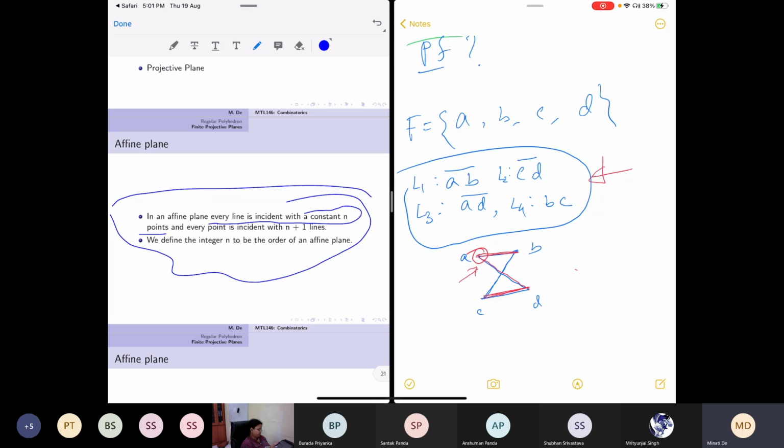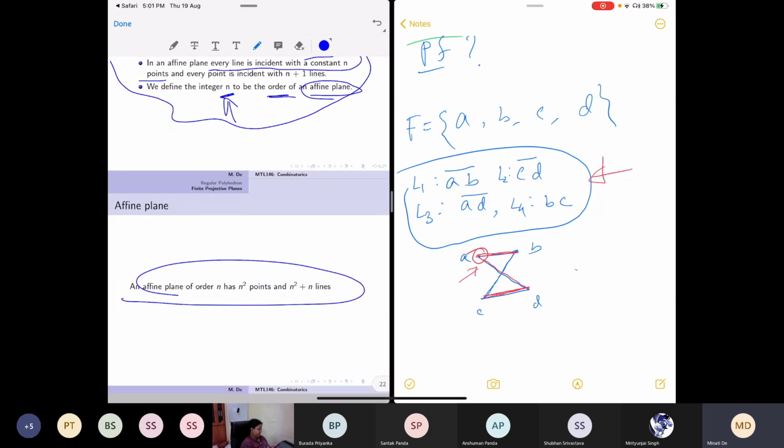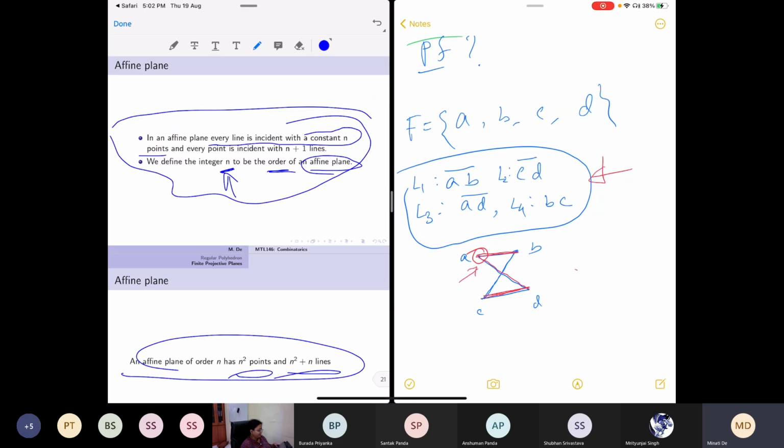So here, if you remember, we defined the order of a finite projective plane. Similarly, one can define the order of an affine plane, and here we define this n, meaning every line contains n many points, to be the order of the corresponding affine plane. If that is the case, then one can verify that any affine plane of order n has exactly n square many points and n square plus n many lines. Okay, I am not proving it. I am just leaving this